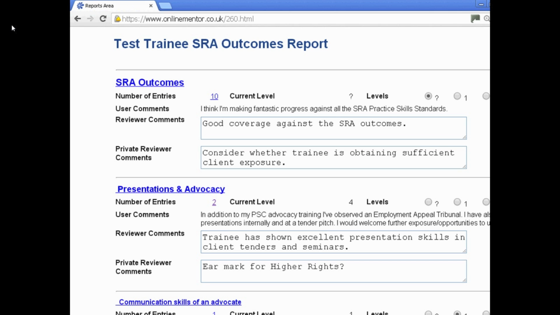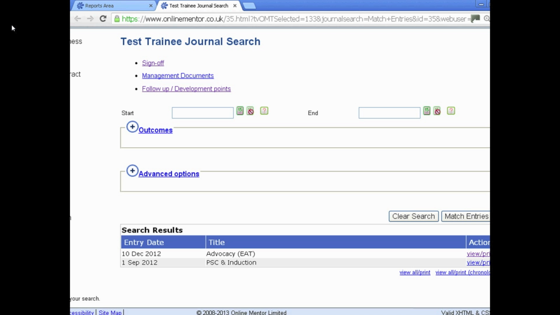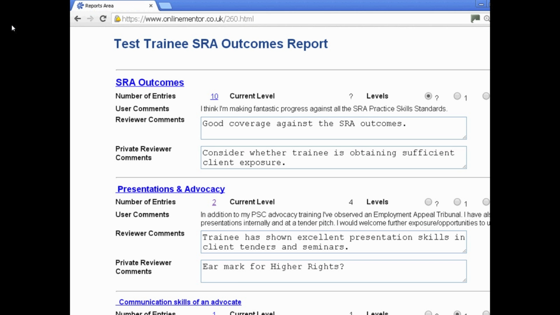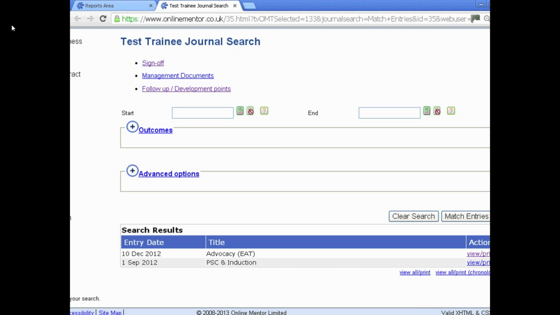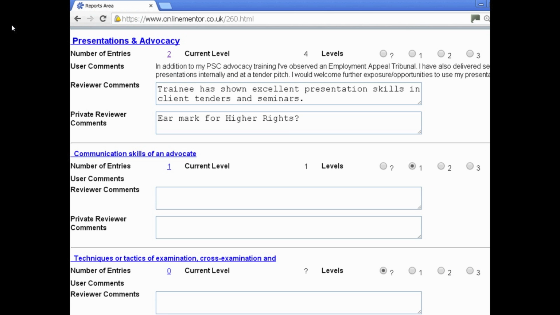Now what a trainee can do, and potentially what a manager or a supervisor can do, is to scroll through this form and pick out and look at the entries in relation to each heading. These numbers against number of entries, they're dynamic, so if you click through it takes you to those entries in the training record. So for example, under presentations and advocacy, there are 2 entries there, we are told. If you click through, it takes you to those entries, you can review them, and you can go back to the form and